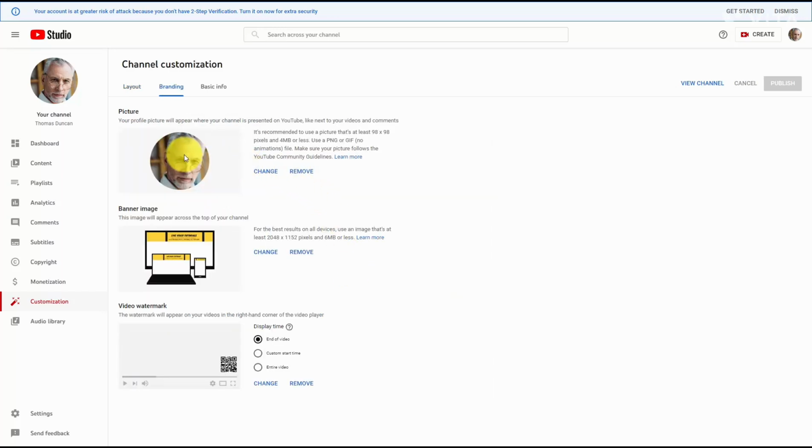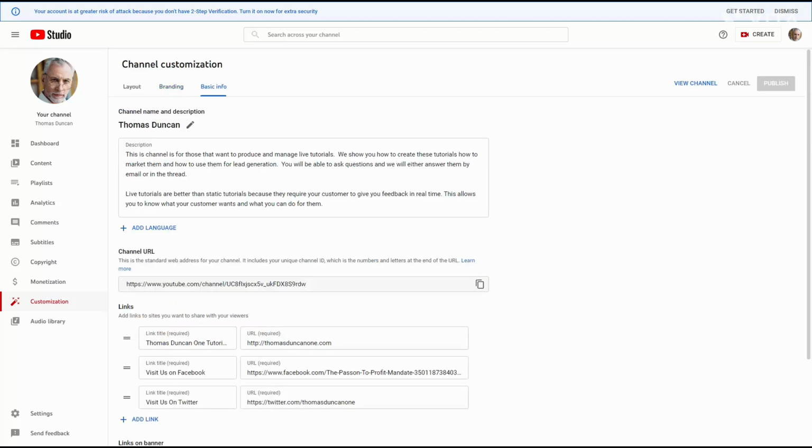You can add in a profile image for your channel. You can add in a banner image, and YouTube has a recommended size for the banner image, which you can create in a graphics program like Canva. If you want all of your videos to be watermarked with a specific logo, you can do that here inside of your channel customization. In your basic information, you'll be able to write about your company and your channel